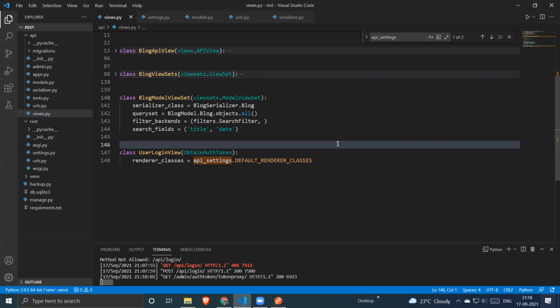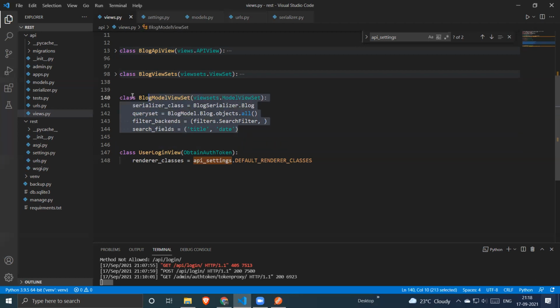But when you are dealing with permissions, this is actually one kind of permission. A super admin can create the entire object, and we are going to learn the permissions. That is just one class which we need to define. We are going to use the same blog model view set. In that blog model view set, first we check if the user is logged in; only then can he use the API endpoint. Otherwise, he will get invalid credentials or whatever the response of the Django REST framework is.